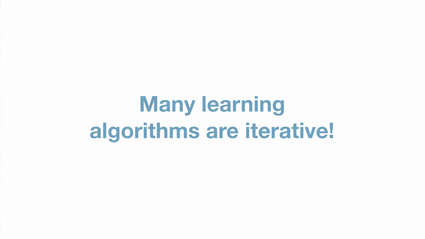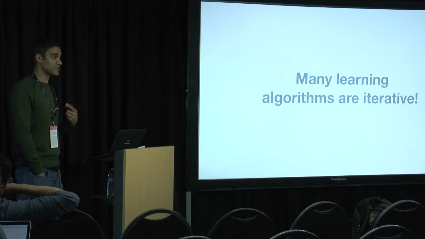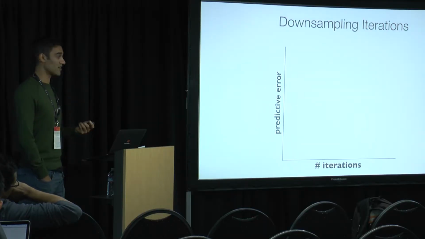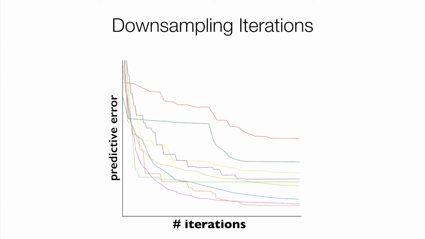Well, the intuitive idea that we've explored is taking advantage of the fact that learning algorithms are iterative. Stochastic gradient descent is the workhorse of most large-scale machine learning algorithms, including training deep learning models. And we know that it's iterative. So what does that mean? We can downsample iterations of a learning algorithm. Here on the x-axis, we have the number of iterations, and on the y-axis, we have some predictive error. This is just for a toy set of models, but the idea is that each line corresponds to a different configuration. Our goal at the end of the day is to pick the configuration that's the best, the one that converges to the lowest predictive error. That's this problem of hyperparameter optimization.